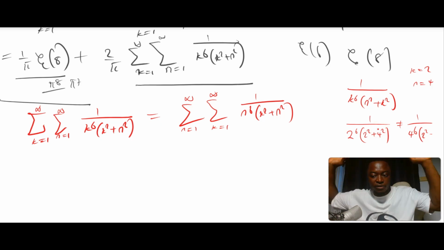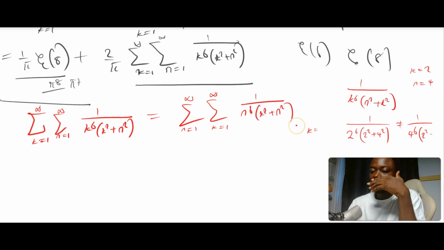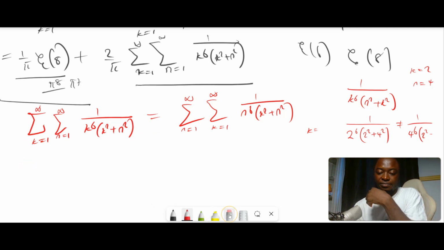So we are summing all the various values of k and n, because even though it is true that they are not the same, since k runs from 1 to infinity, at some point k will equal n. At some point it will be less, at some point it will be more. So therefore this sum and this sum, we claim, are the same thing. So basically, we can take this off,